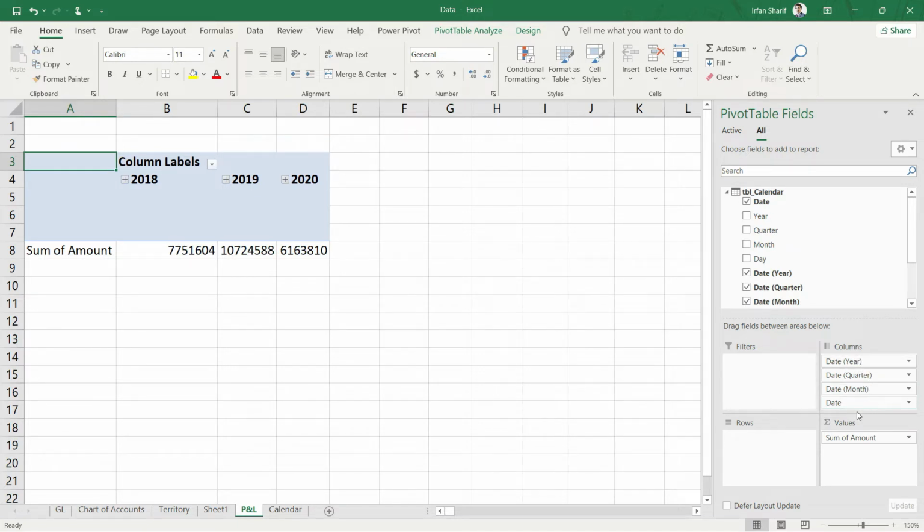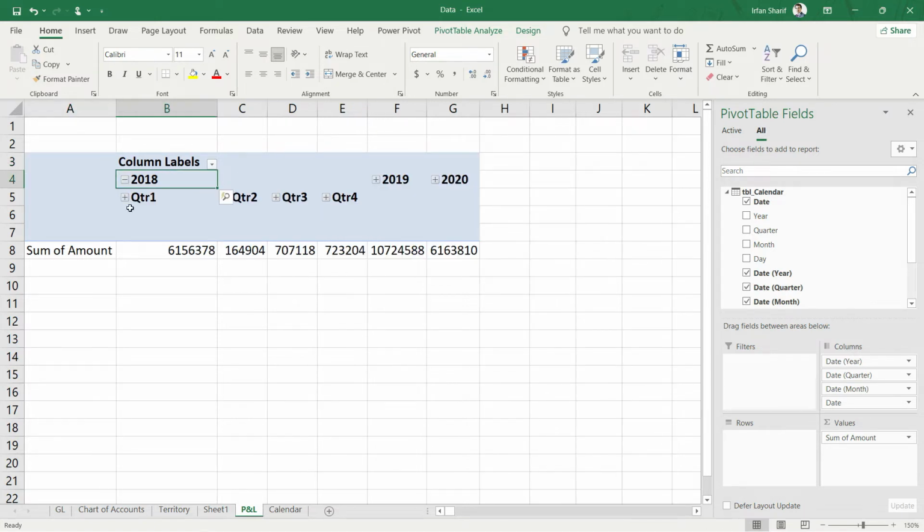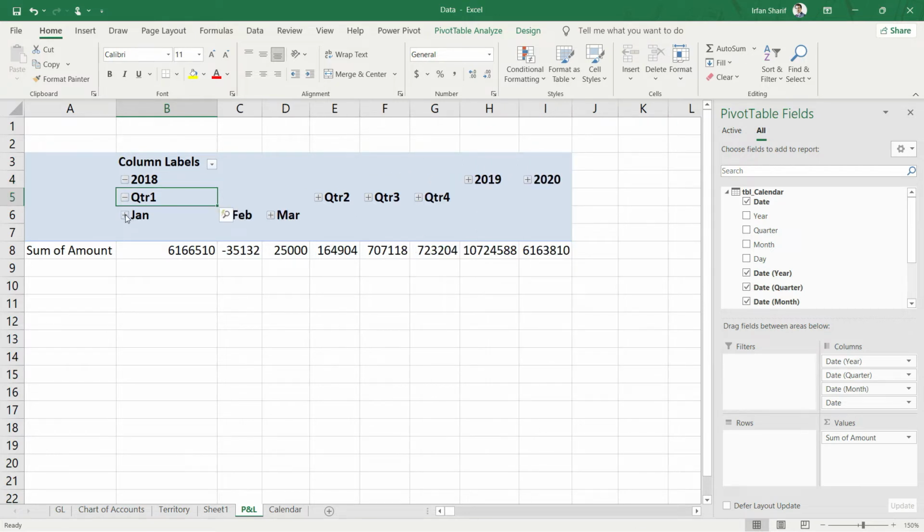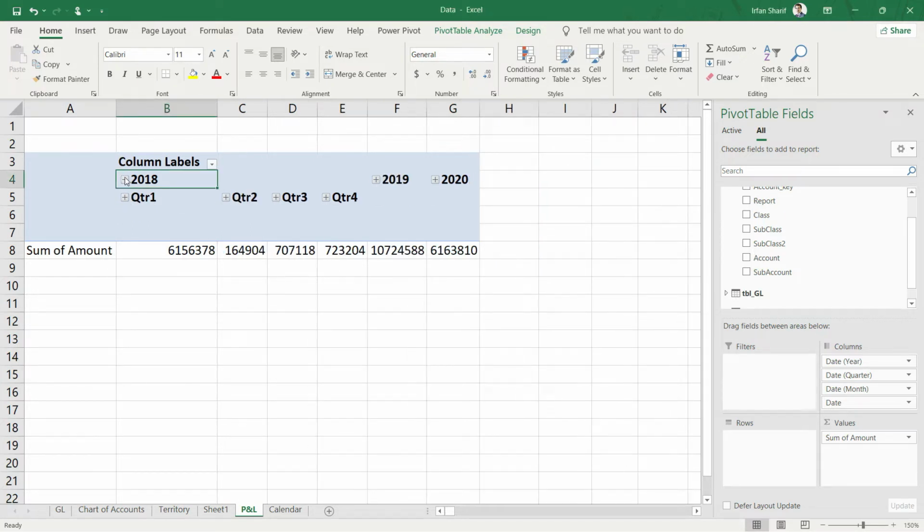Now the benefit of that will be, if I like to split any of the years, for example, if I like to split 2018, you can see I can split the value into 4 quarters. And if I like to split my quarter 1, you can see that I have split my quarter 1 into Jan, Feb, and March. So by creating this kind of hierarchy, you will be able to split the values very quickly. And you can see that we only drag down this field of date into the columns, and Power Pivot has automatically created this hierarchy for me. So I will now go back to my original view here, back to 2018, 19, and 20.